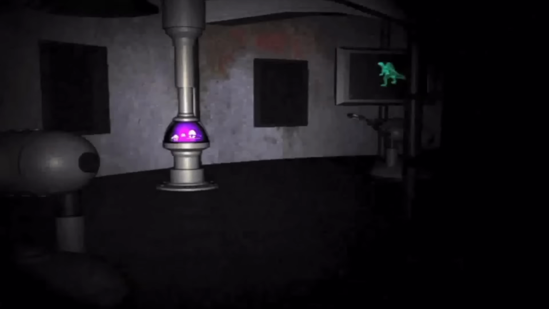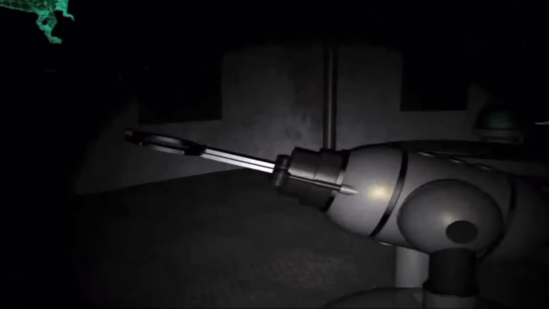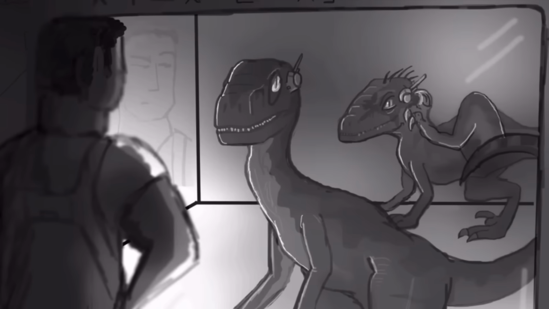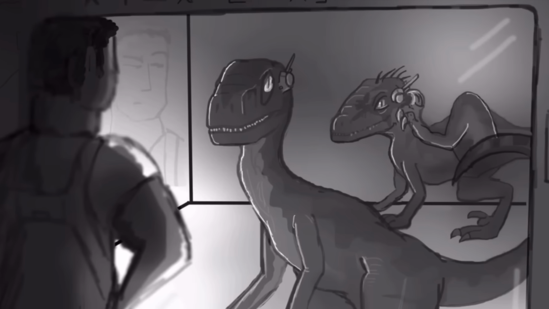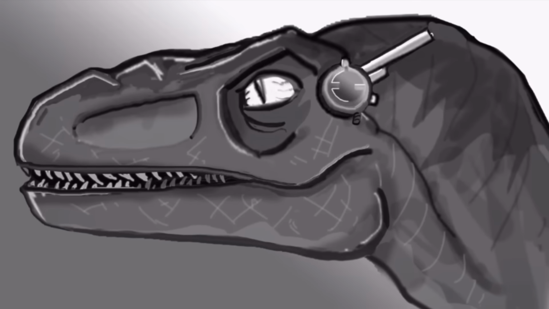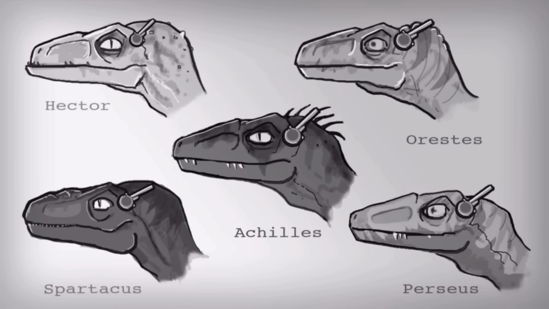Unfortunately, Nublar is now controlled by the evil Grendel Corporation, who have taken over the island and cloned their own batch of new Deinonychus, which actually follow human commands. These dinosaurs were engineered to do so by splicing together canine and human DNA into their genetic codes. This team of raptors would come with their own unique names based around ancient Greek heroes as well, namely Perseus, Orestes, Hector, Spartacus, and Achilles.